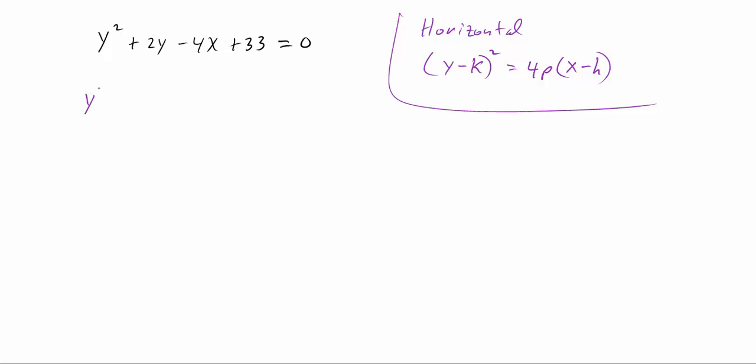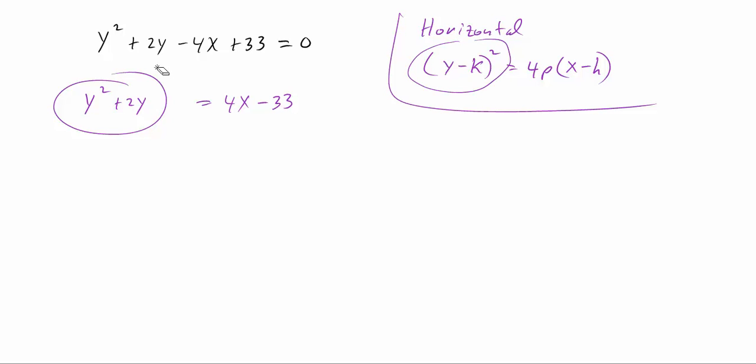So then we would keep the y squared, we could keep the 2y, and then we want to move the 4x, so that becomes a positive 4x. We want to add 4x to both sides of the equation. And we also want to move the 33, so therefore we would subtract that, so we would get a minus 33. So now that we have y squared plus 2y equals 4x minus 33, how can we take this y squared plus 2y and rewrite it so that we have some binomial here squared? And in order to do that, we're going to have to use completing the square. So this is where we're going to have to recall how to complete